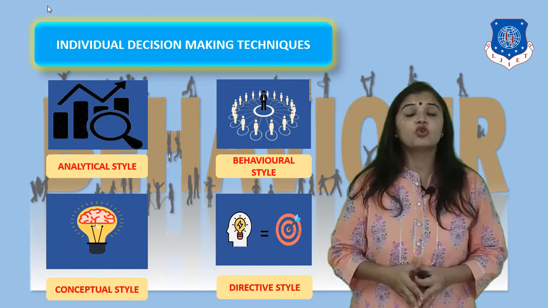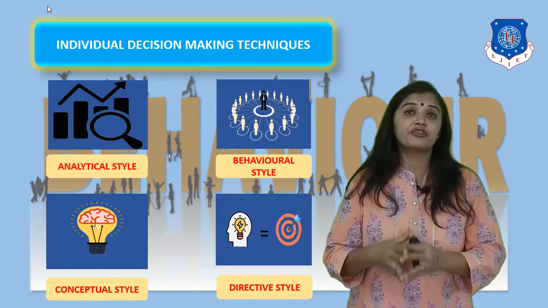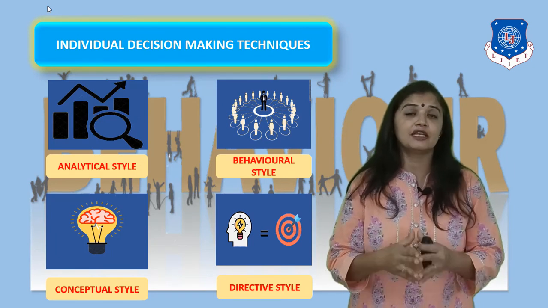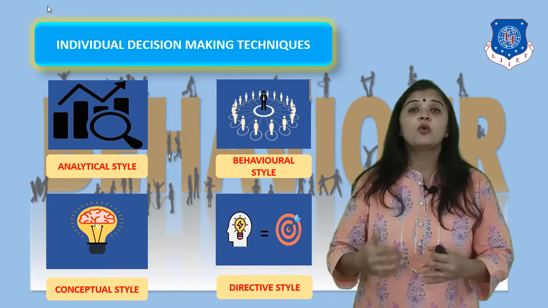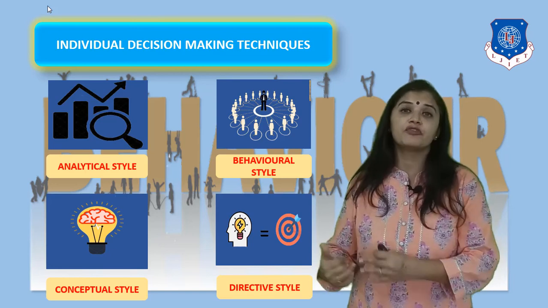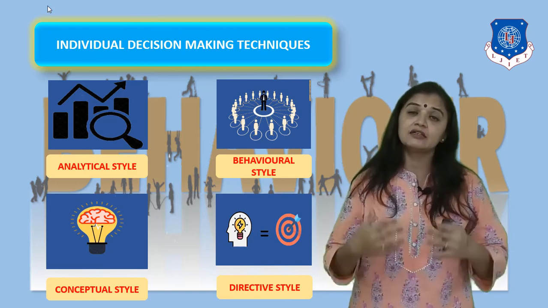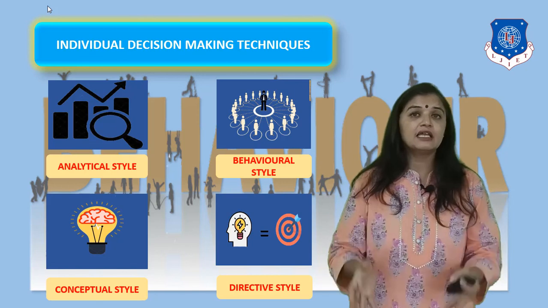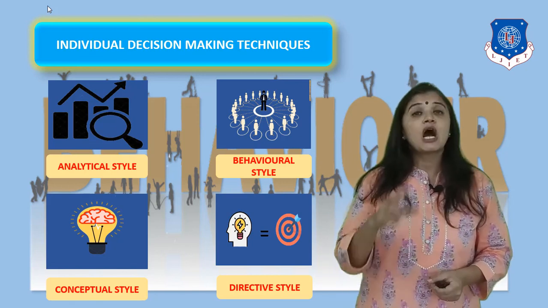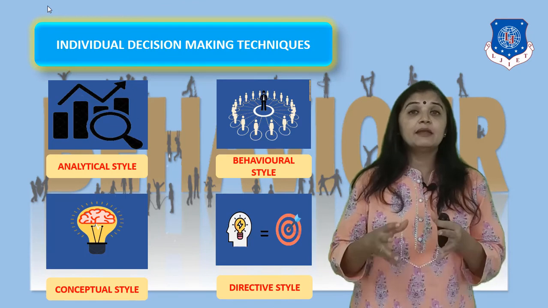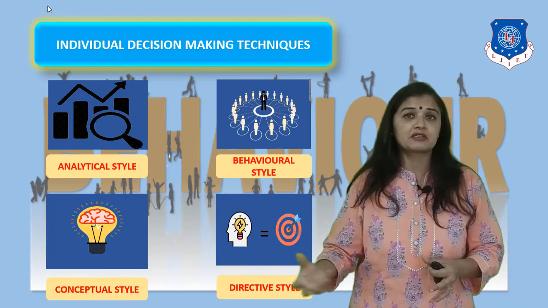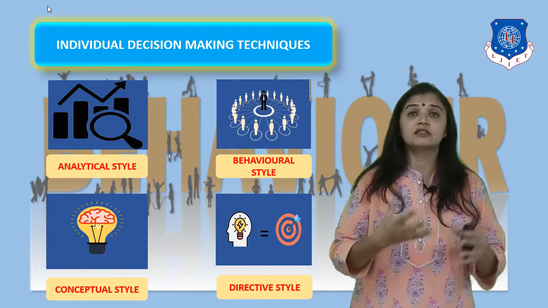So this is how 4 different styles of decision making are used in an organization, and how an individual makes decisions will affect the work of the organization and the behavior of that person in the organization. How an individual behaves in an organization depends on many different aspects. Like just now we studied decision making,